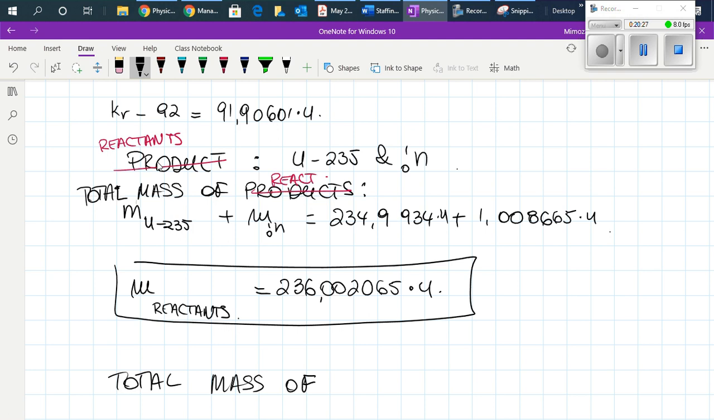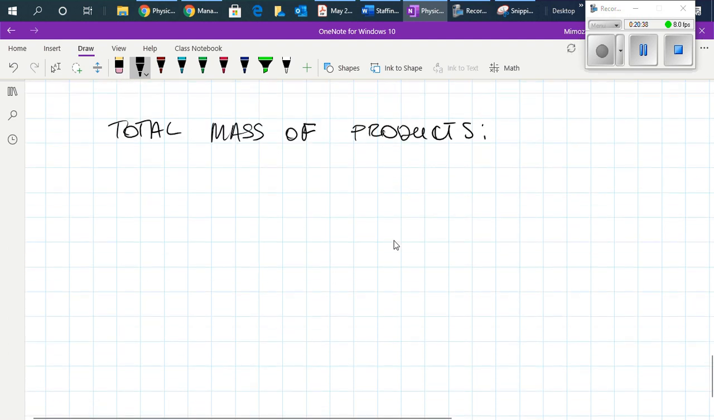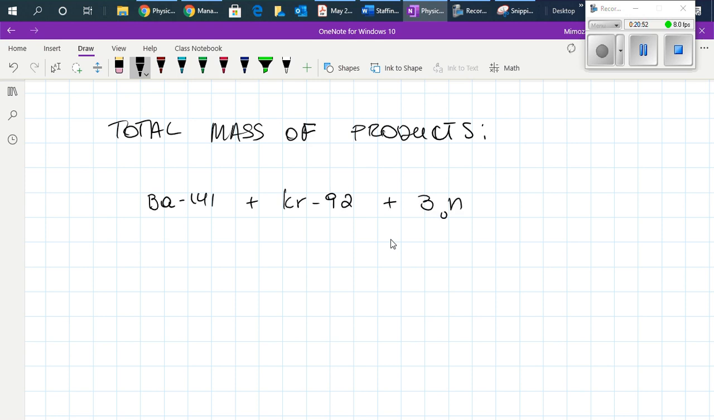So total mass of product will be 1 barium, 1 krypton, and 3 neutrons. Okay, so we'll have barium 141 plus krypton 92 and 3 neutrons, or